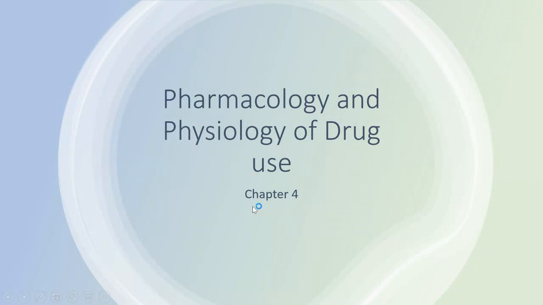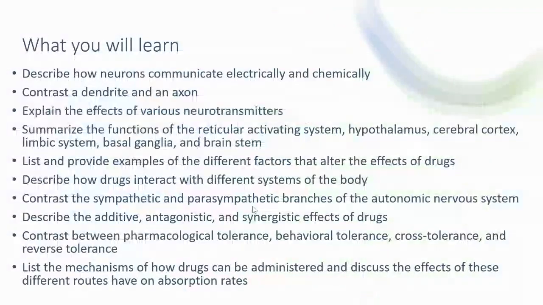This week we're going to be talking about pharmacology and physiology of drug use, which correlates with chapter 4 in your textbook. The specific objectives for this week are to be able to describe how neurons communicate both electrically and chemically, contrast a dendrite and an axon, explain the effects of various neurotransmitters, summarize the functions of some areas in your brain, list and provide examples of the different factors that alter the effects of drugs,